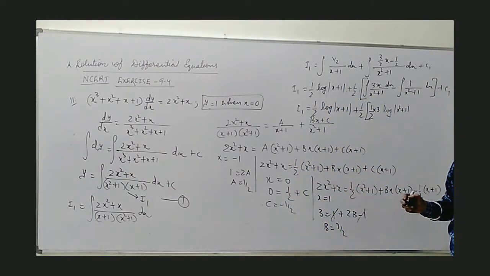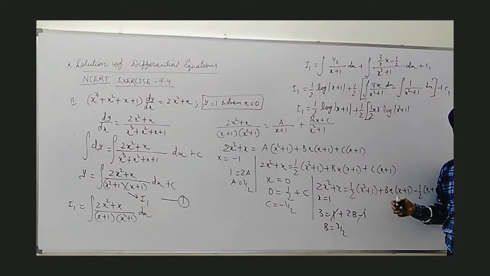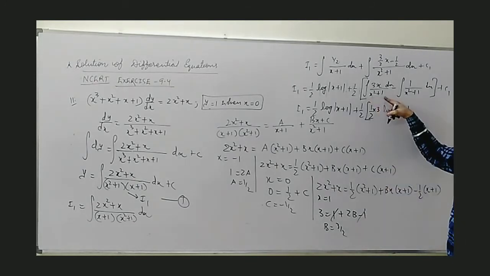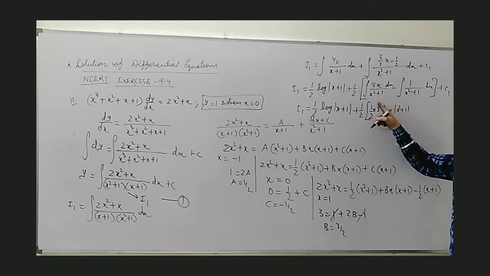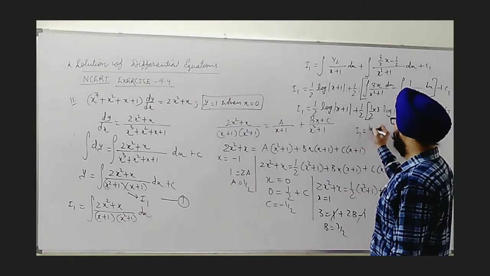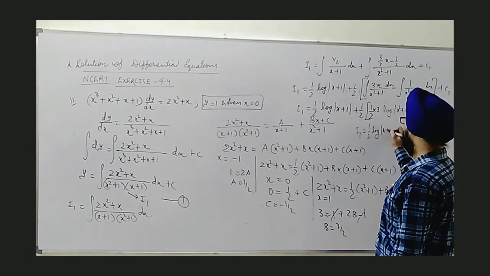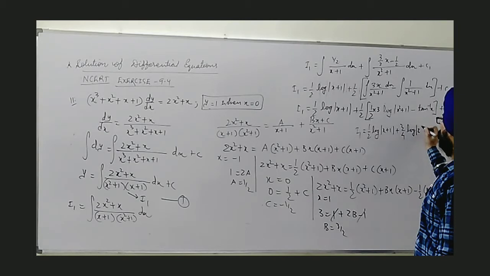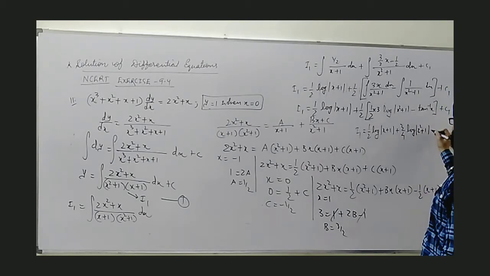Actually previously also we have done this pattern. Maybe I am overconfident, but I hope that students understand it directly. Otherwise I will repeat my method. X square plus 1 we have to substitute as t. Okay, in a long solution we can use it directly. This one's integration is tan inverse x plus c1. Now finally we can write I1 as half of log mod x plus 1 plus 3 upon 4 log mod x square plus 1 minus half tan inverse x plus c1.